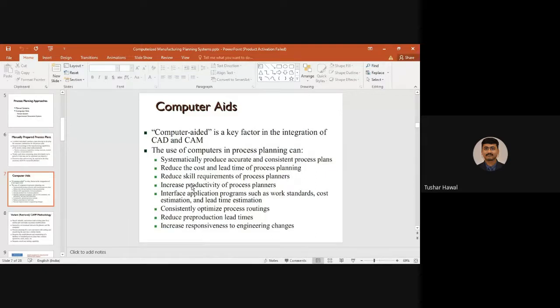The use of computers in the process planning specifically can systematically produce accurate and consistent process plans, because a lot of knowledge is being fed. Now you know the importance of the data, right? If you see the working of some good companies, what they are doing is generating the data.